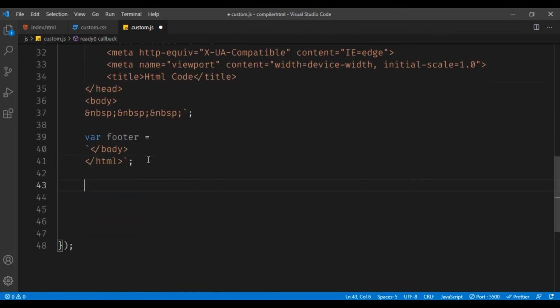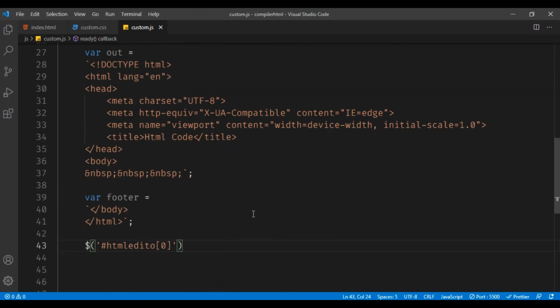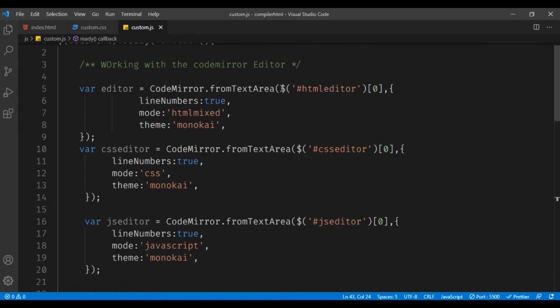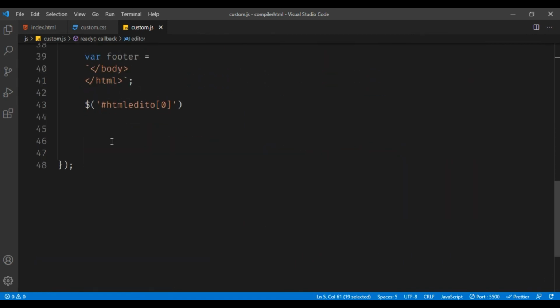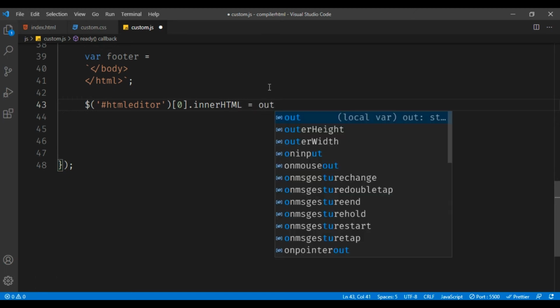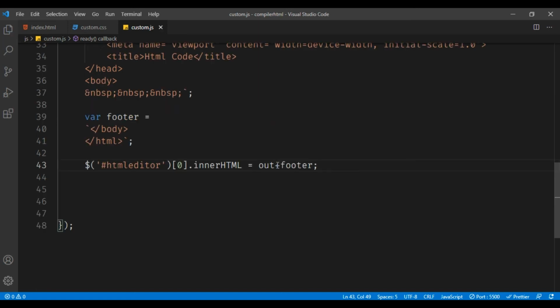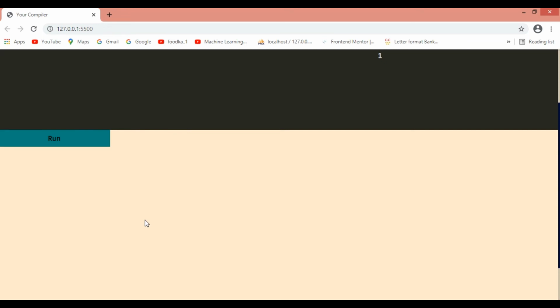So what we can do here is take the HTML editor of 0. Let me copy this thing on this HTML editor of 0. Now dot inner HTML and using out plus footer. Not adding guys, actually it is a concatenation operator in JavaScript. So let me run this thing.